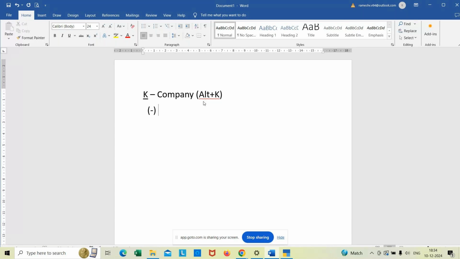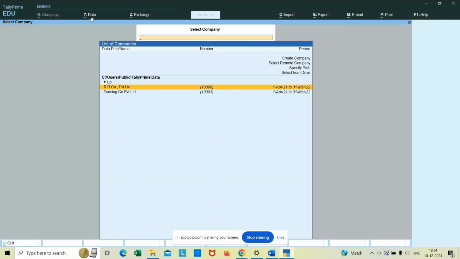A single dash represents Alt as a shortcut key, and a double dash represents Control. So data is Alt Y, exchange is Alt Z, import is Alt O, export is Alt E, email is Alt M, and print is Alt P. Directly if I press Alt K from the keyboard,